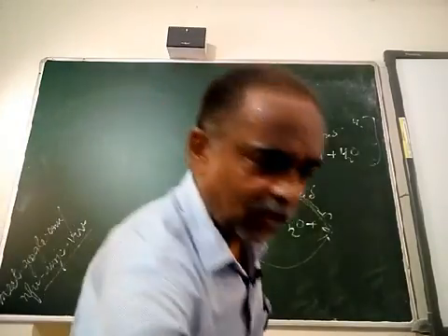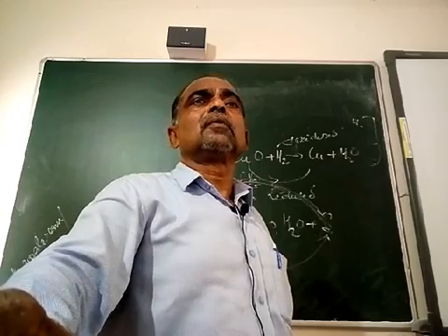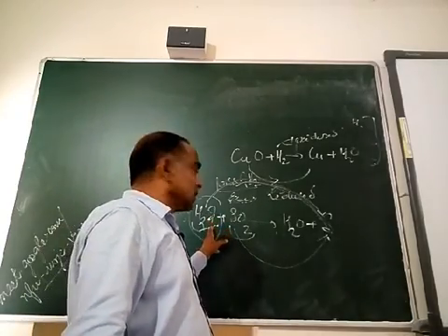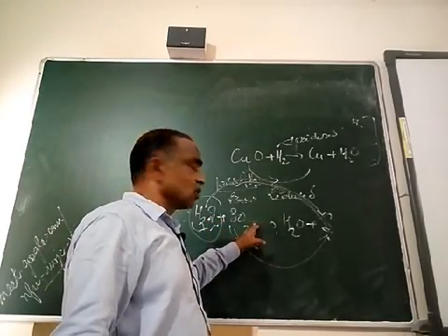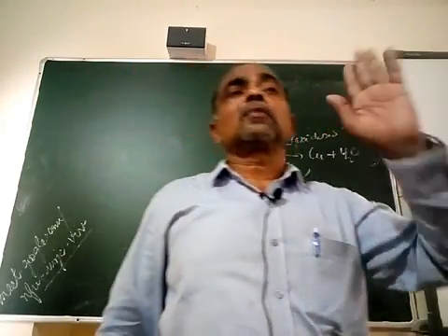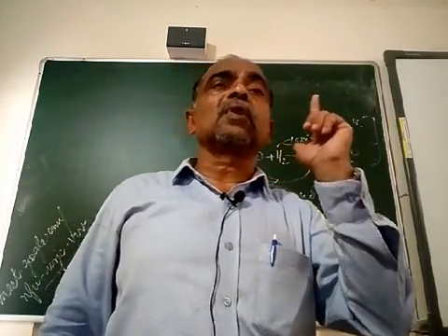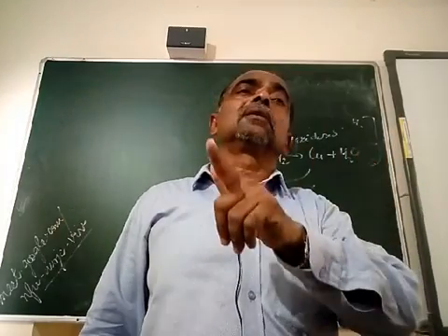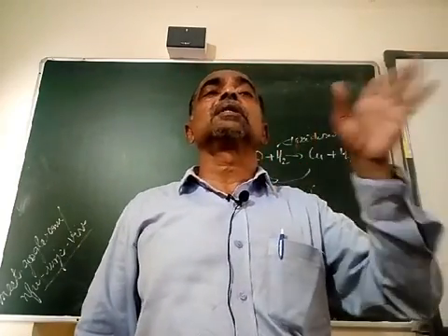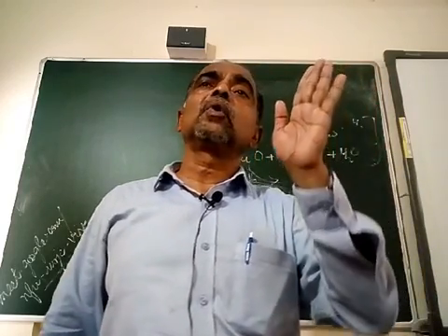Yes, now further studying about this redox, what is being told? Oh, you are coming very late. Loss of hydrogen and loss of oxygen, it was told earlier. Oxidation is a process where oxygen is added, hydrogen is lost, electron is lost. Reduction is just the opposite of that: a reaction where hydrogen is added, oxygen is lost, or electron is added. So every chemical reaction, if it is redox, will have both oxidation and reduction.